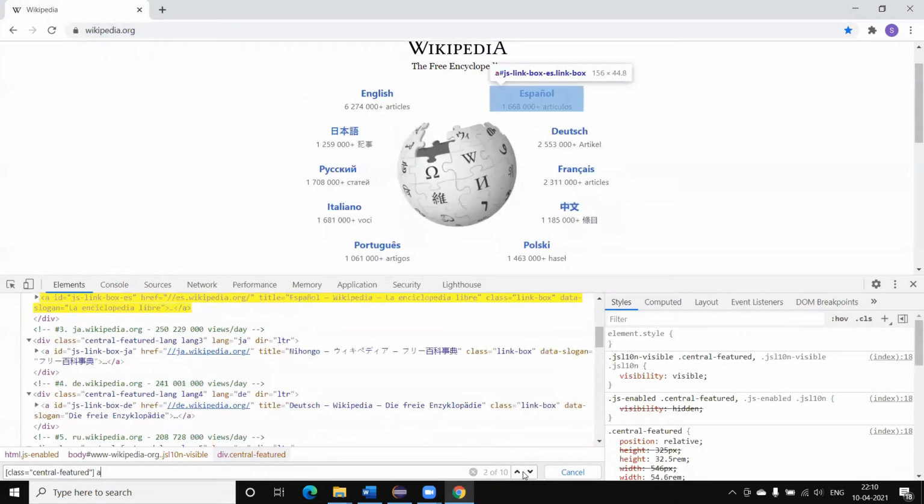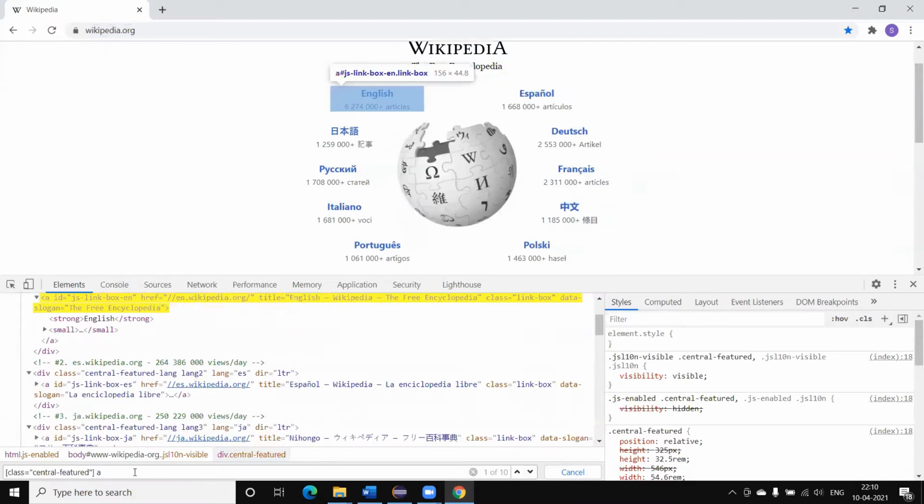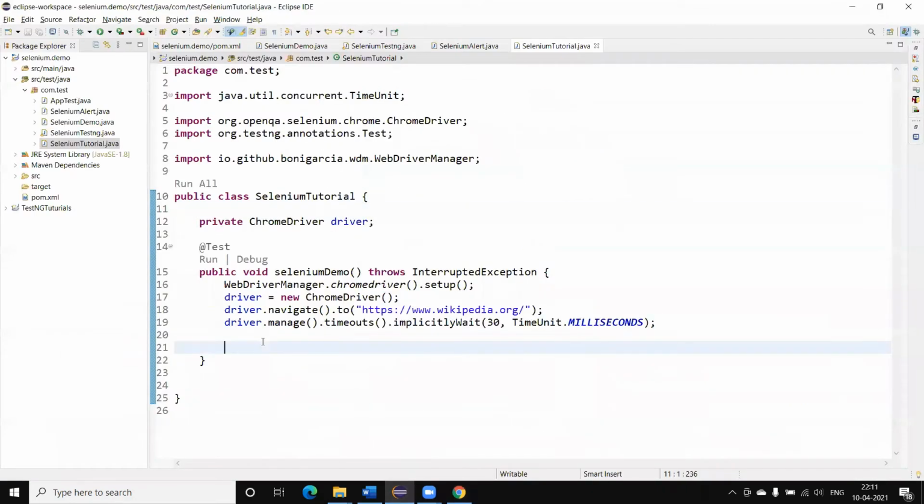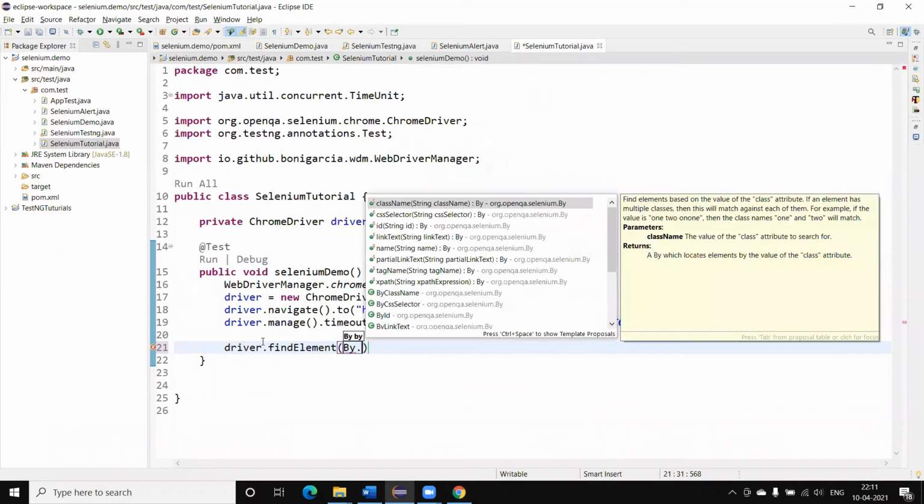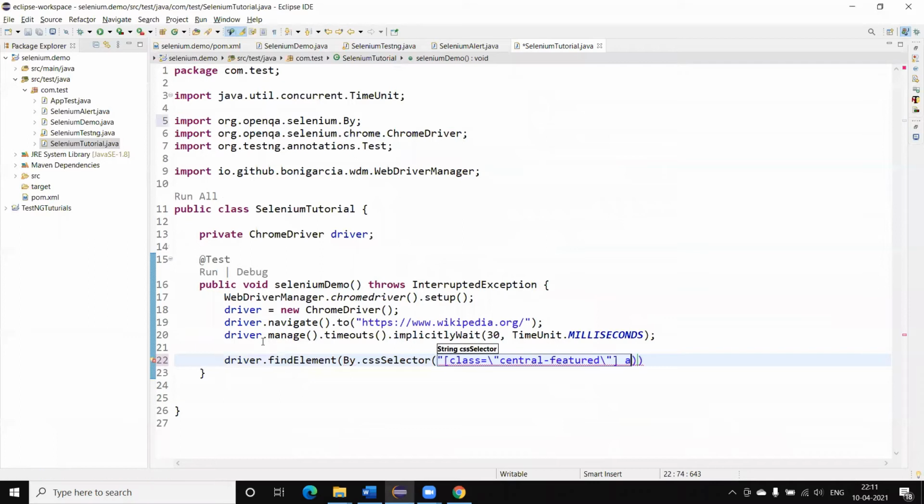Now I'm going to use driver.findElement to get the web element object, with By.cssSelector, and I will pass the CSS selector. This function driver.findElement will return us the web element object.